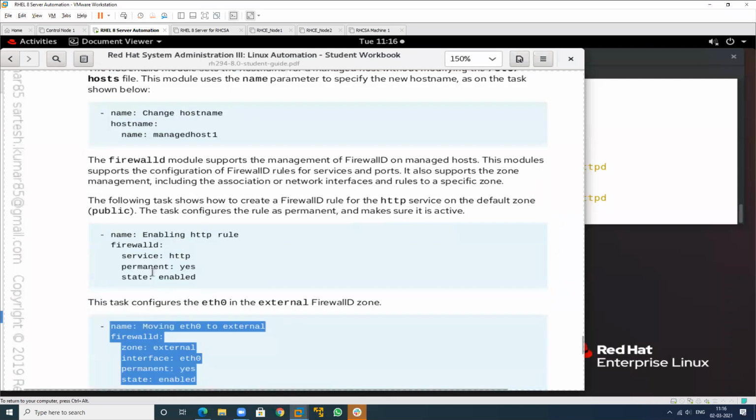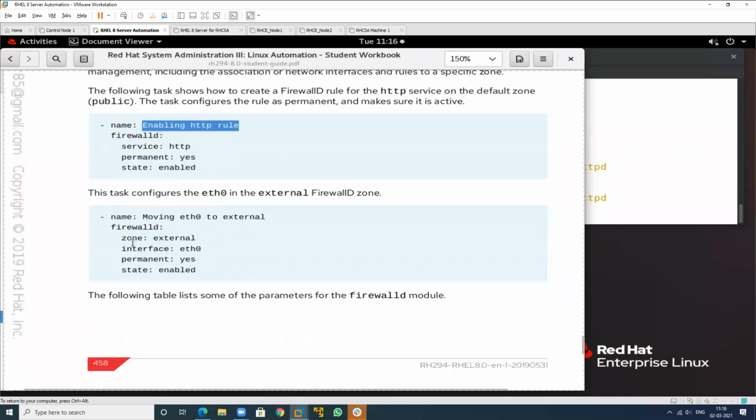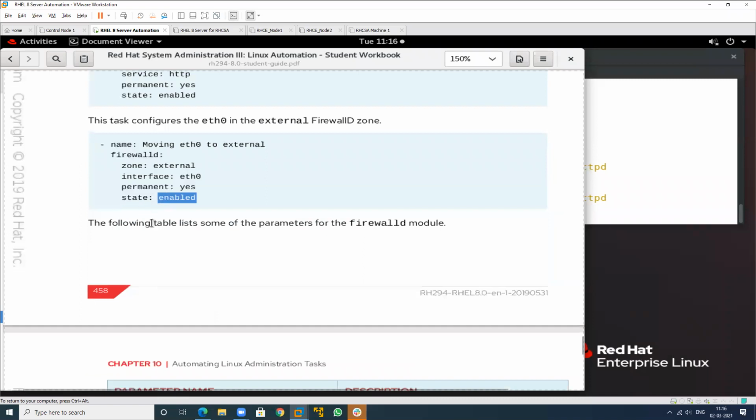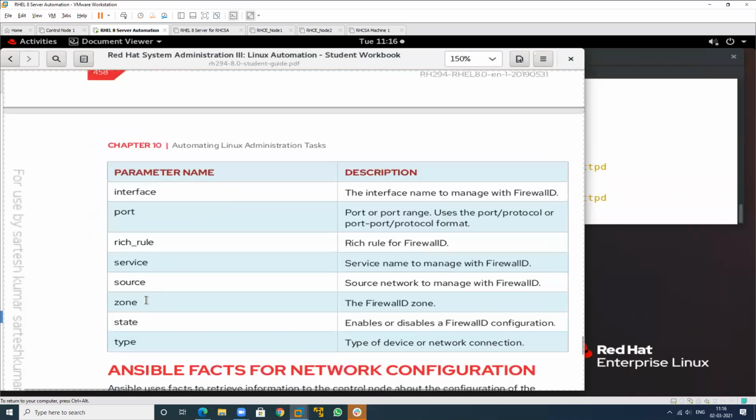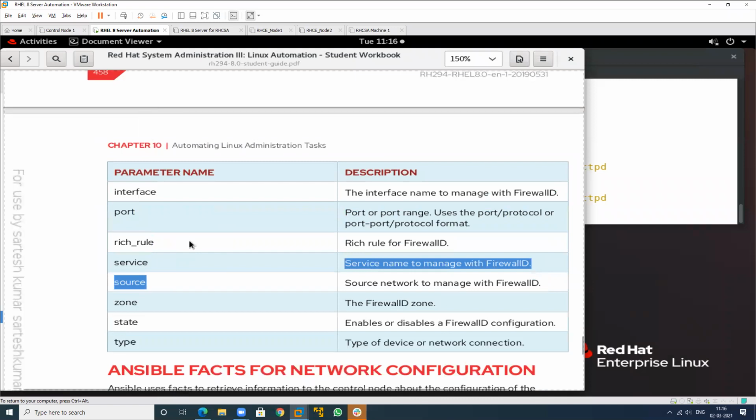Suppose this is my service that I want to enable in the firewall, and which particular interface you want to add in the firewall. This is my zone, this is the interface, this is permanent, that is yes, enable, that is yes. Interface, port, rich rule, service, source, zone, state, type, all can be used. These are all the other parameters that can also be used.